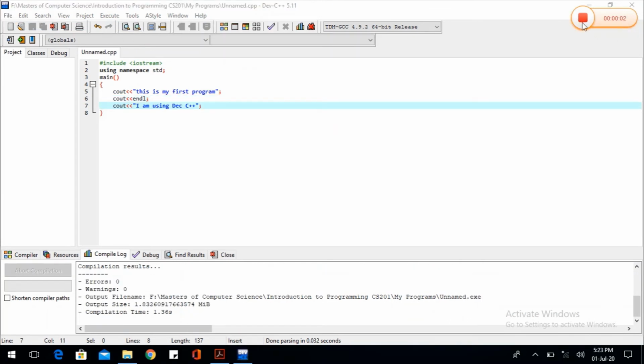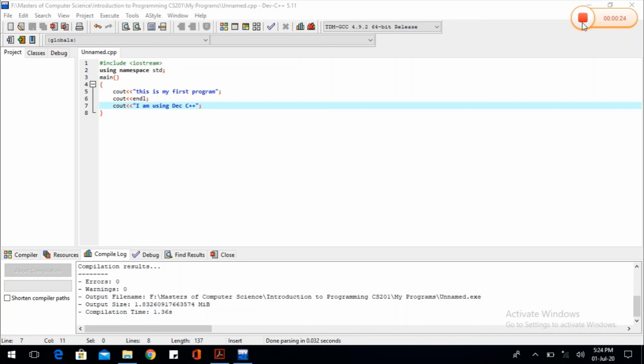Have you noticed that I have not put double quotes around the endl statement? The reason is the compiler of C++ language is aware of the endl statement. It knows that whenever we put an endl at the end of any statement, it means we are going to break the lines.